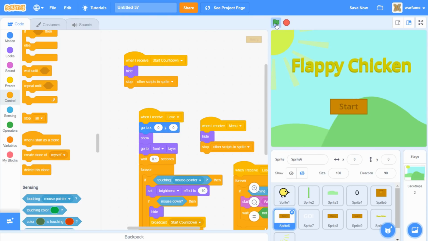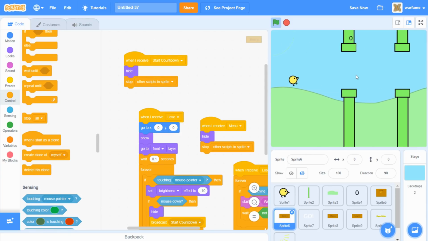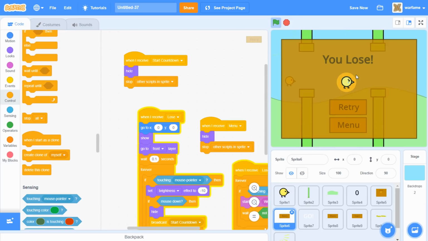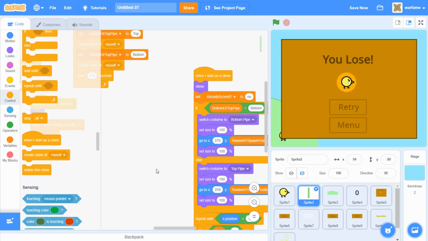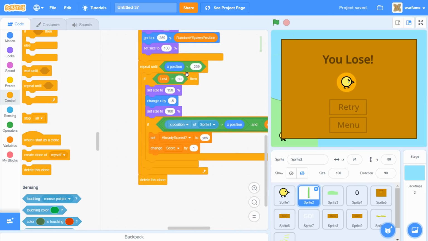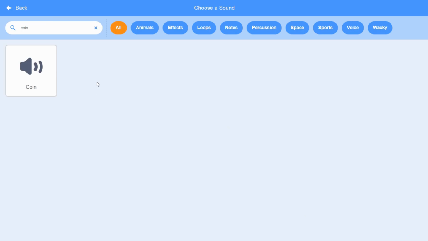And now I think I'm going to add a sound effect to when the bird passes a pipe. Maybe some like high-pitched ding sound effect, or maybe a bell or something. So let's try to find that. Let's go to our pipe. Yep, so let's go to sounds now, and I'm going to find the sound. Okay, I found the sound effect, and it's this sort of coin sound effect. So let's add this,